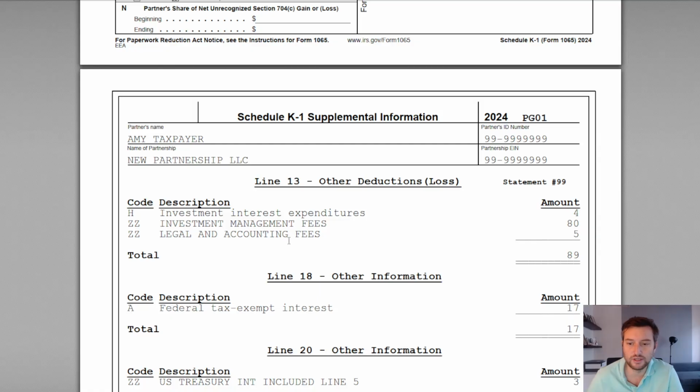Now, with the other expenses here, these can be a little tricky. You have to really think about what these deductions are and the context of what kind of activity this partnership is engaged in. So this is a partnership that's an investment partnership. So it's not a trader fund. It's not an actively managed fund. And the reason why that's important is when you have things like investment management fees or other expenses that apply to this fund, those are previously treated as